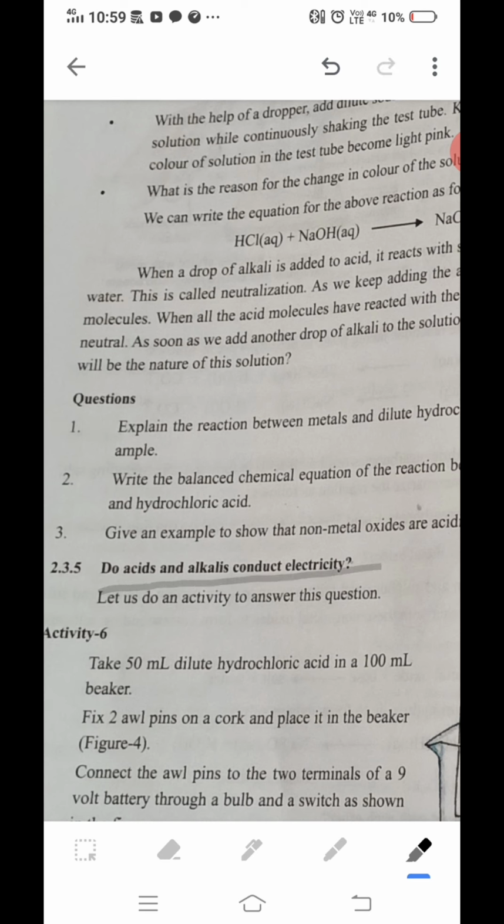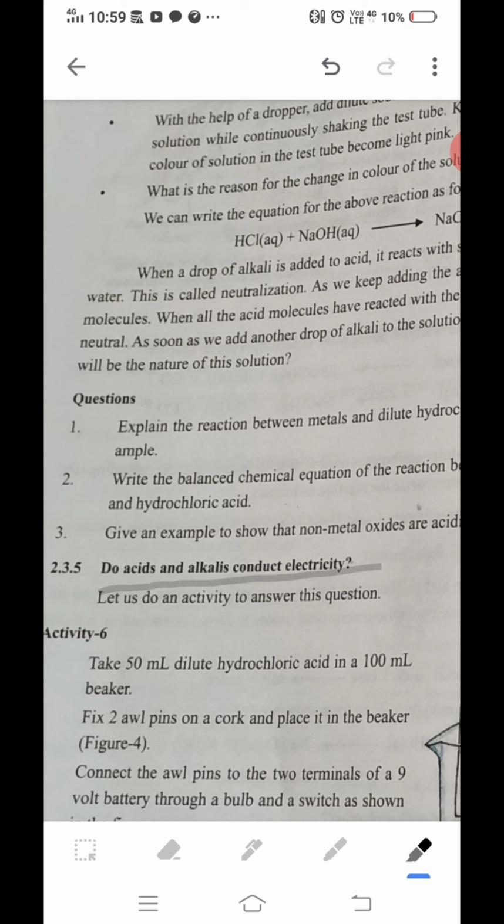And to answer this property of acid and base, here you can see that one activity is given which is demonstrated better by a picture. So let us understand this picture first. Now in this picture you find that inside a beaker a dilute solution of acid or base is taken, and inside it one rubber cork is also placed. To this rubber cork you find two electrodes are placed. Now these two electrodes are connected to two terminals of a battery, bulb, and switch through copper wire.